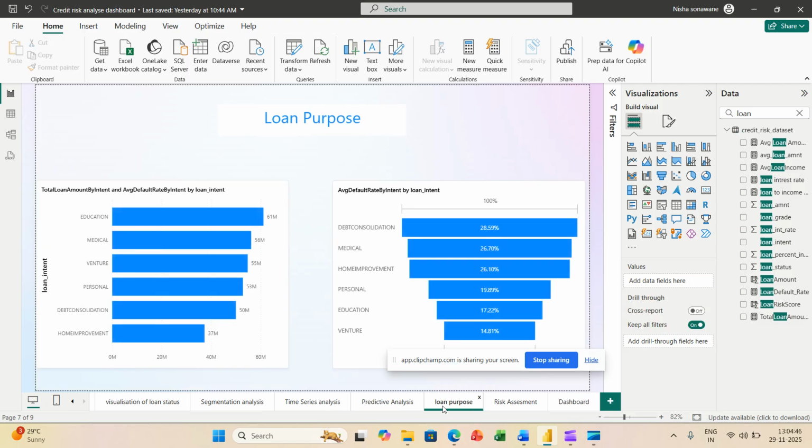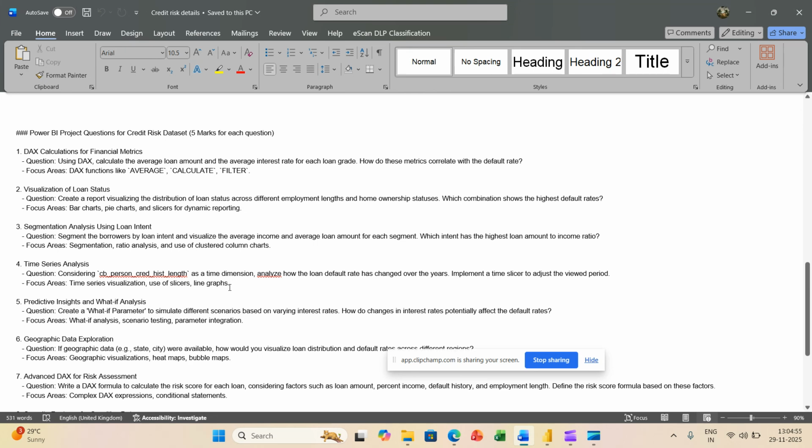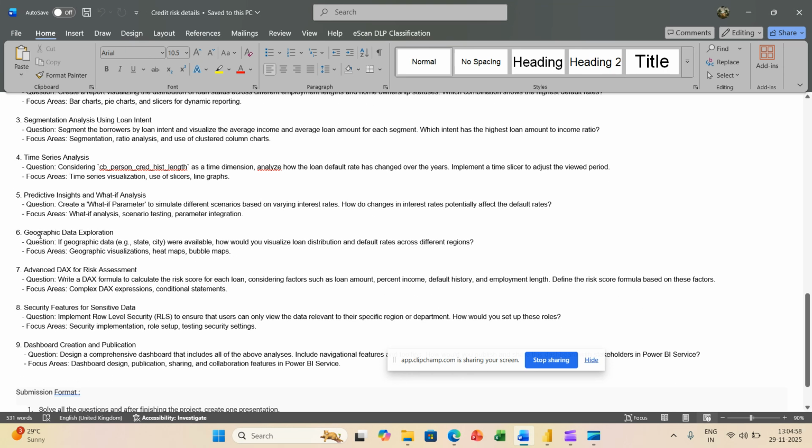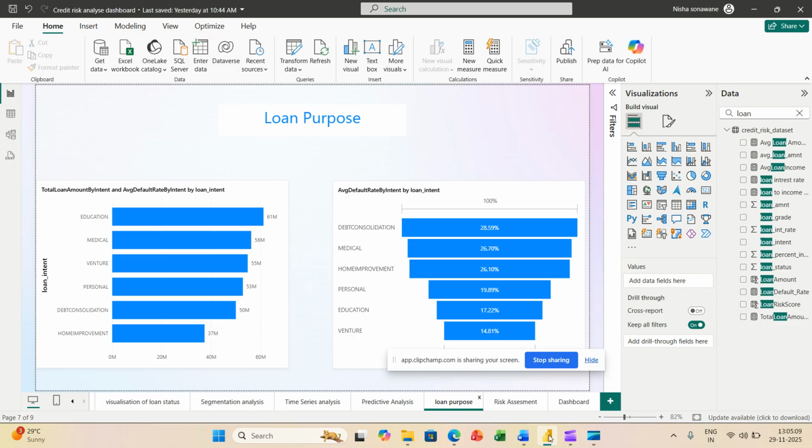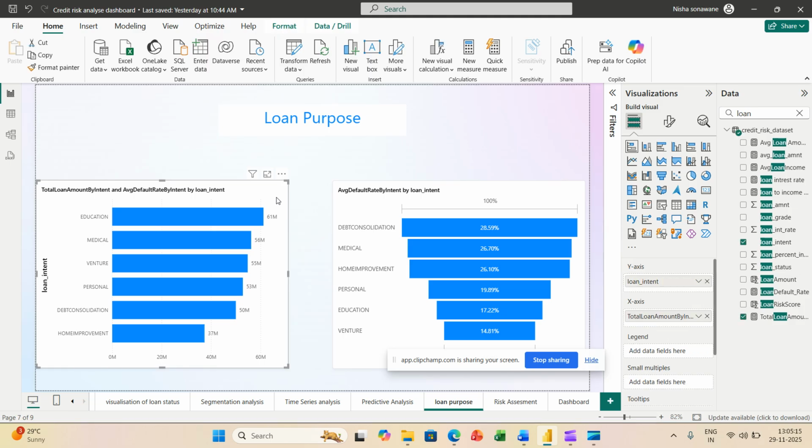Next one is loan purpose. So in the loan purpose, I added loan intent on the y-axis and total loan amount by loan intent on the x-axis.